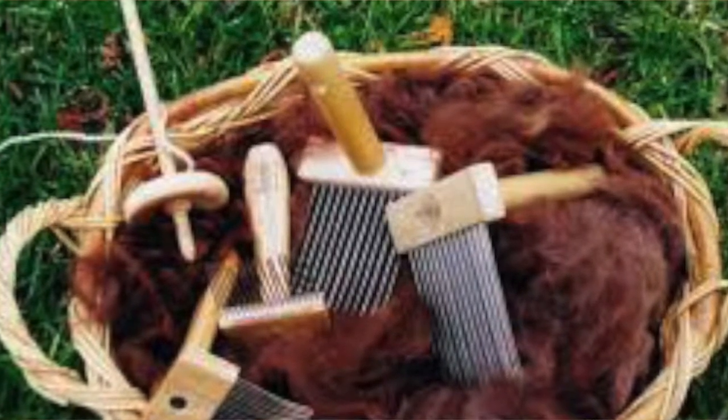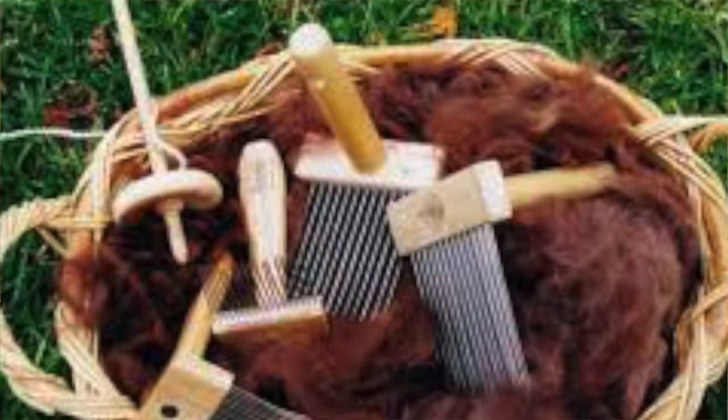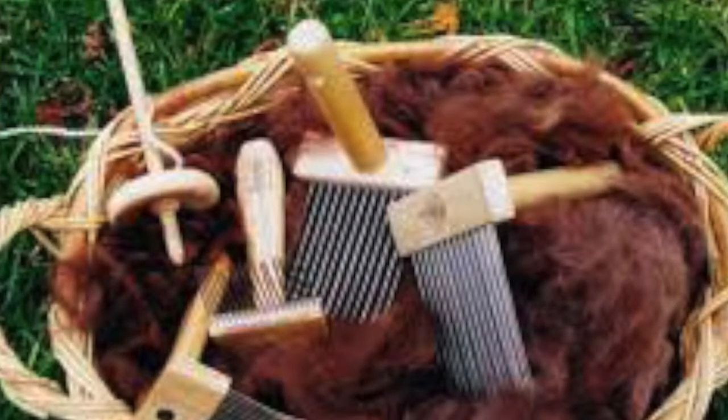I will be using lightly washed Portland sheep wool. Here it is. The ends still have some dirt on them. Carding helps also clean up some of that as well. Well, now